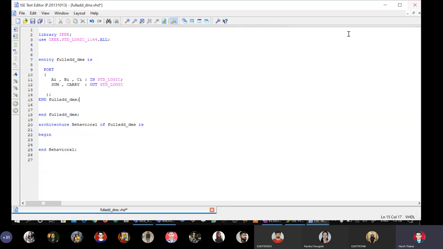This completes our entity declaration. Okay, it was already there. Fine. I will just write the Boolean expressions.